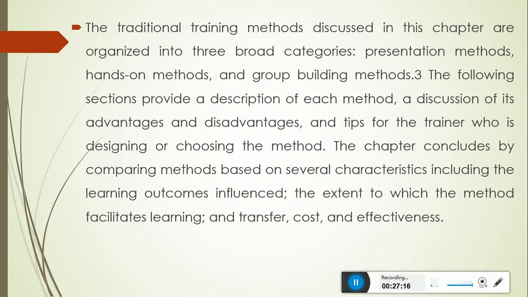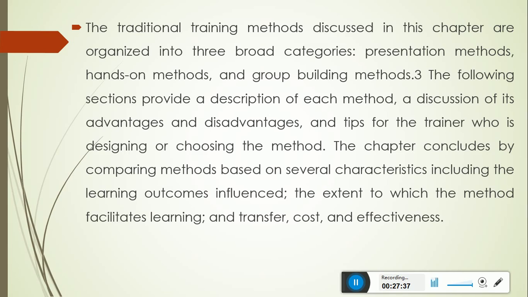The traditional training methods discussed in this chapter are organized into 3 broad categories: presentation methods, hands-on methods, and group building methods. The following sections provide a description of each method, a discussion of its advantages and disadvantages, and tips for the trainer who is designing or choosing the method.